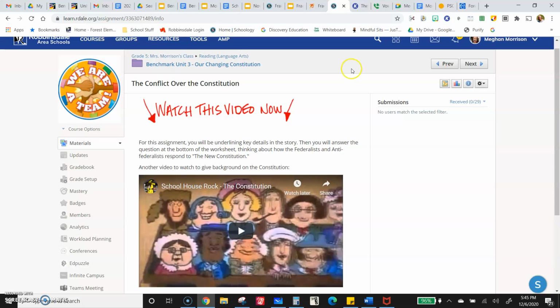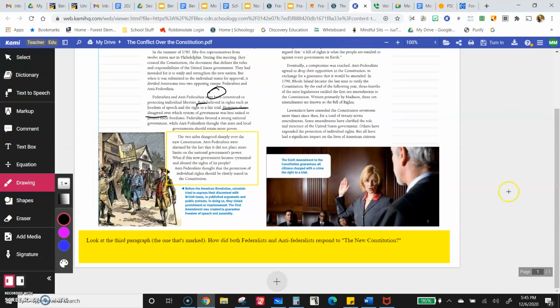Or tell me, well, I'm not sure, but the Federalists think this. Even if you put things from this pair, just tell me, like, they both wanted to protect individual freedom. They both believed in rights, but they disagreed over exactly what the government should look like. Should it be the national government? Or should it be more state and local government? That was the big disagreement that they had.